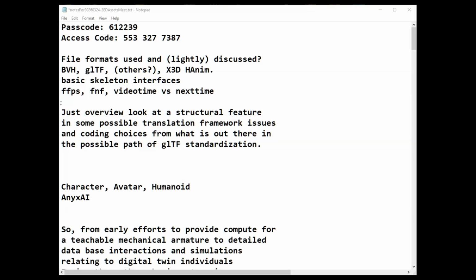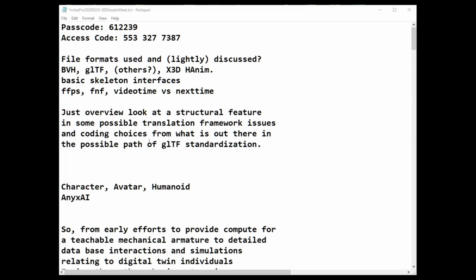Basic skeleton interfaces, fixed frame per second or fixed number of frames. And the idea, kind of abstract, is video time versus next time. Am I scheduling out a next frame in so many milliseconds, or am I just doing it the next available time that I can make a frame?